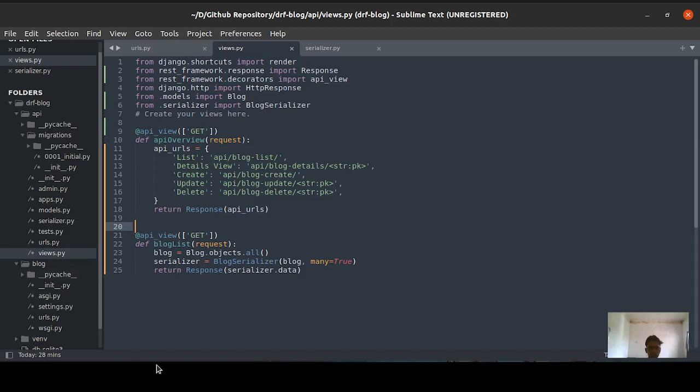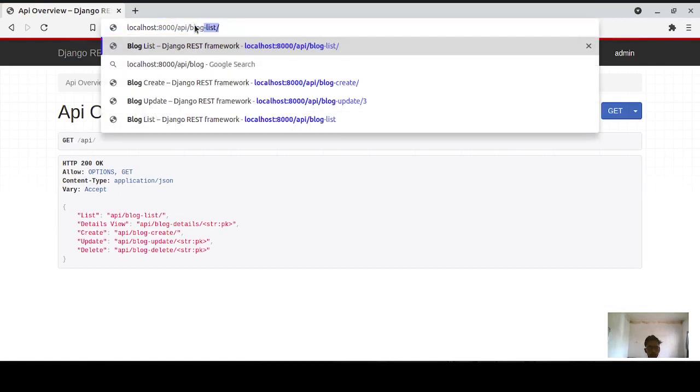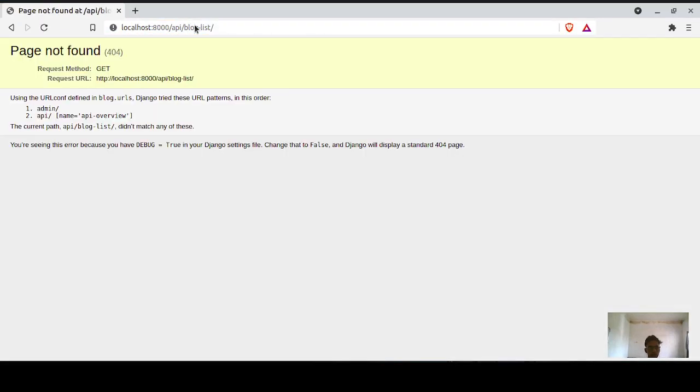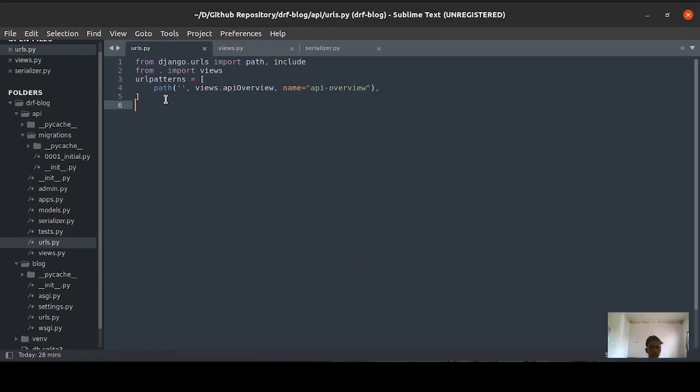Let me go to this and specify blog list. This is not working because we haven't created a URL for this. So let's create one URL for this as well.